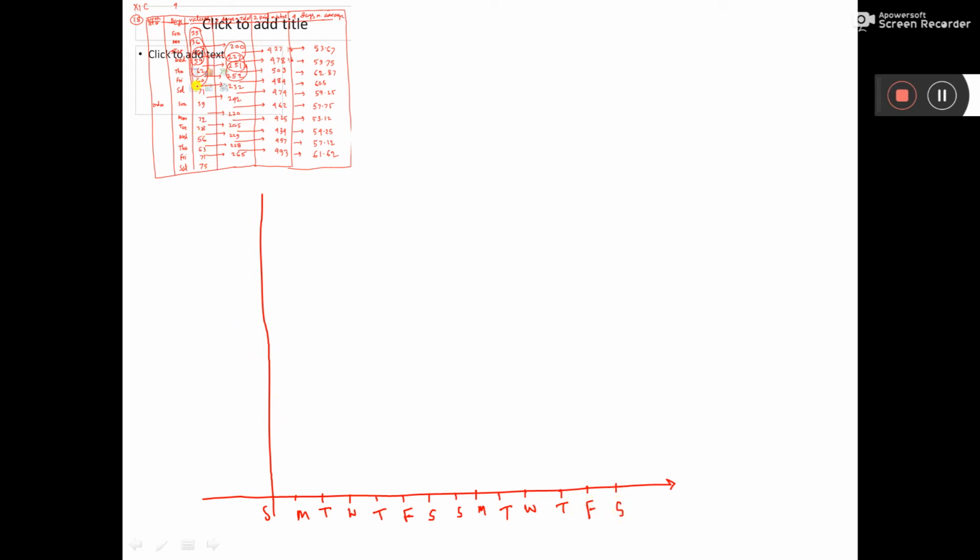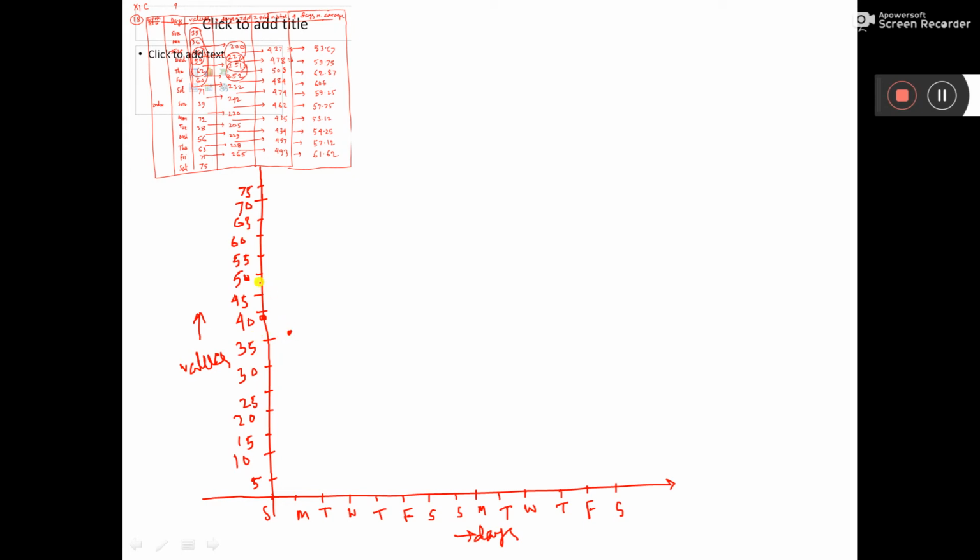Then you see, the highest value is what? Here I am seeing 75. So you take here 5, then 10, like this. See here, this way I have taken values and this way days. Now corresponding to Sunday, what is the value? 39. So put here 39. Let's say here it is. Then Monday, the value is 36. So 36 you put here.